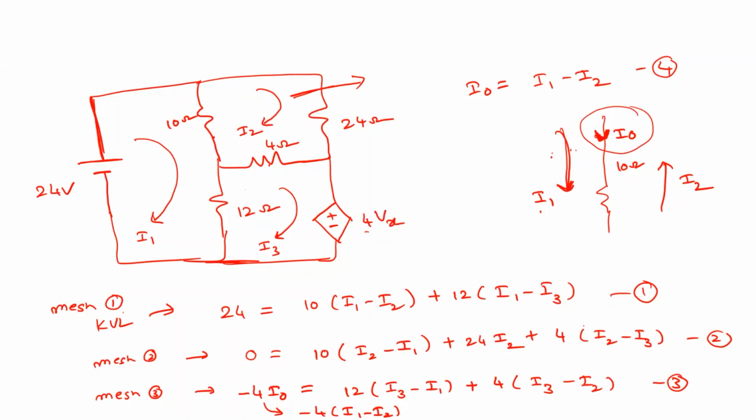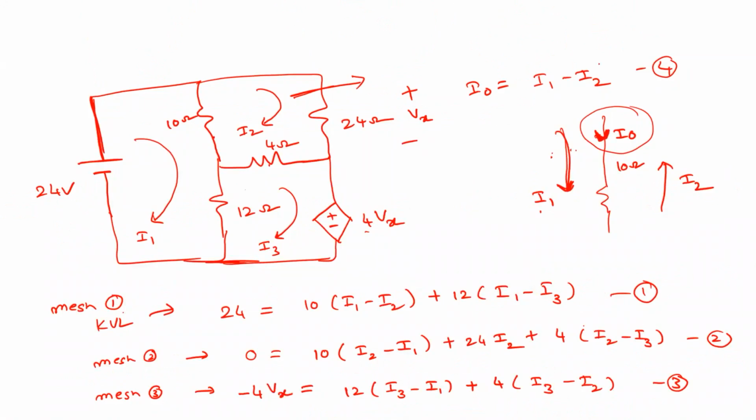4 into Vx. Clear? But this Vx is given as plus, this is Vx. So what are the changes that occur in this problem? I3 equal to 4V. So there is no change, 4, right, I0 except this mesh 3. So what is the first change? Plus 4Vx will come instead of minus 4, instead of this 4 I0. So minus 4 Vx will come, right? First thing. Yes, sir.